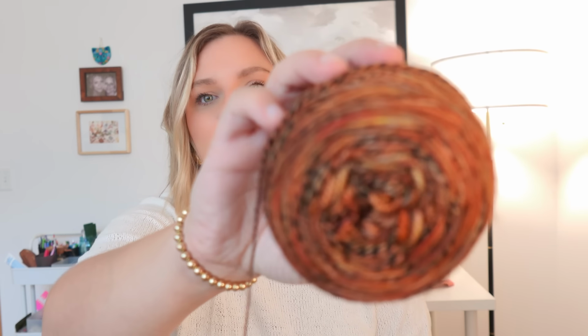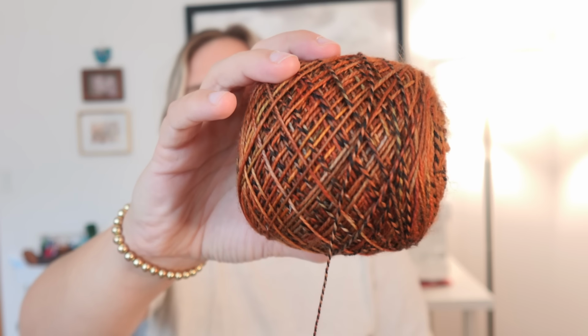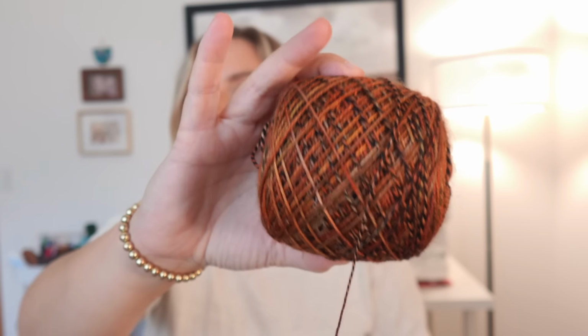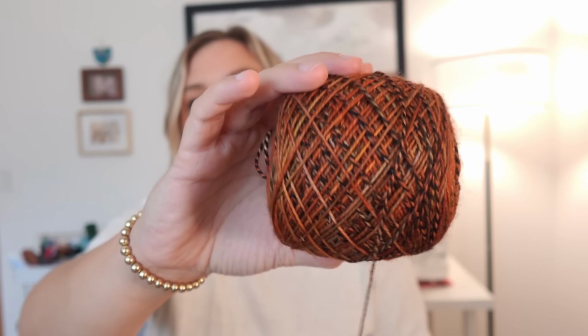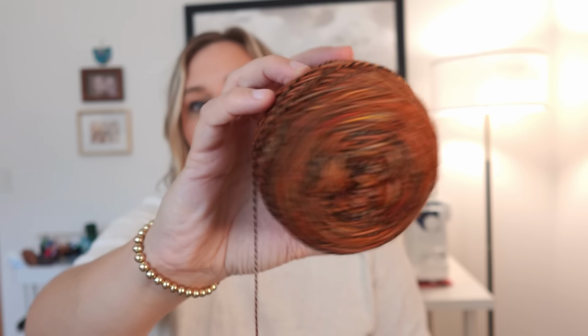So I'll show you guys the yarn that I'm working on. I have a little bit of a mess in here because I am alternating skeins just to ensure everything looks good color-wise. So this is the Four Crow Fibers fingering weight yarn. It is like a sock yarn, so I think it's 80% merino wool, 20% nylon, and this is in the colorway Earth to